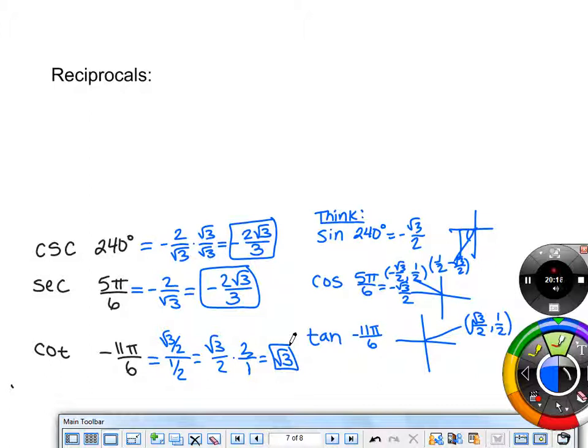So the most basic level of knowledge is knowing your unit circle so you can answer straightforward questions like, what is the sine of 60? What is the cosine of 30? What is the sine of 225? What is the tangent of this? Stuff like that. Beyond that is being able to answer things like reciprocals, where you have to think about those things and then expand on them a little bit. Okay? Now,